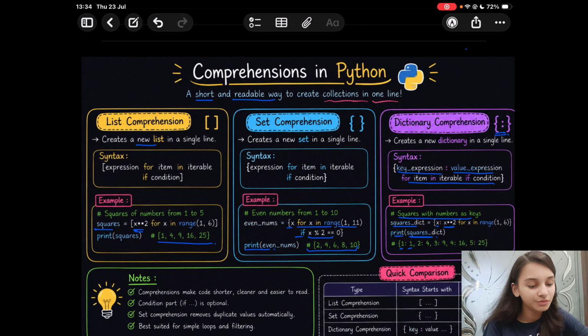For the key 2 square is 4. For key 3 square 9. For key 4 square is 16. For key 5, square of 5 is 25. The range goes from 1 to 6, so we include values of x from 1 to 5. 6 not included.